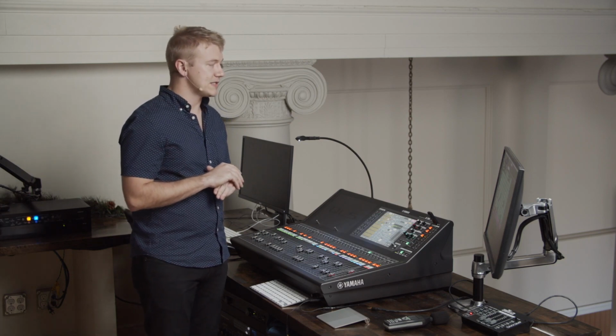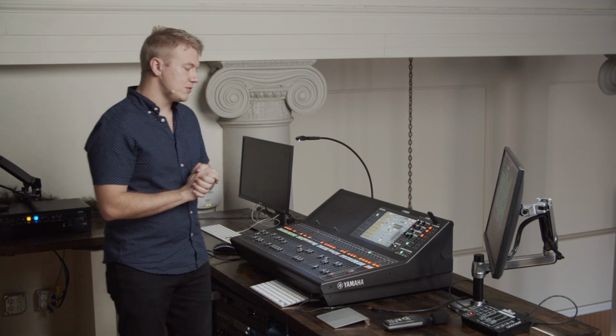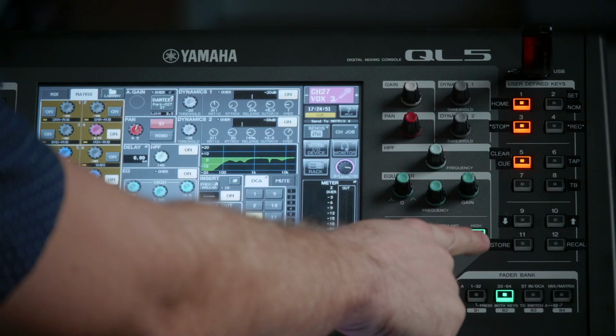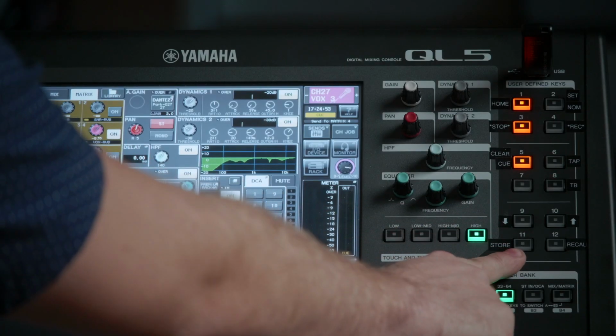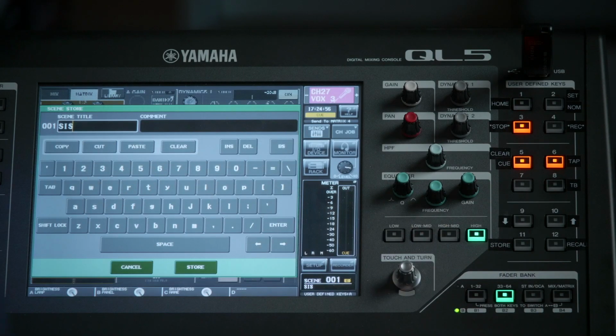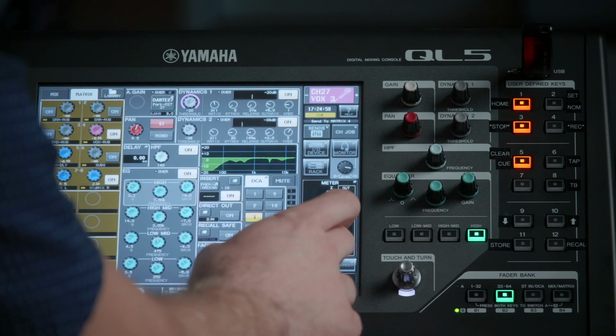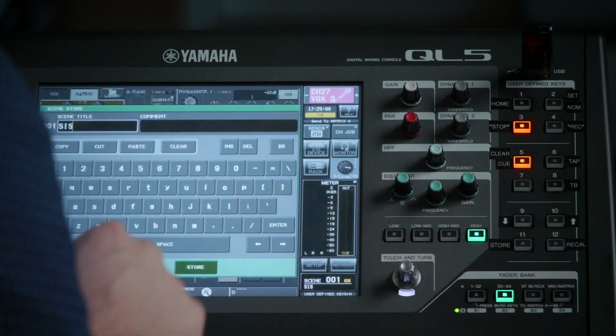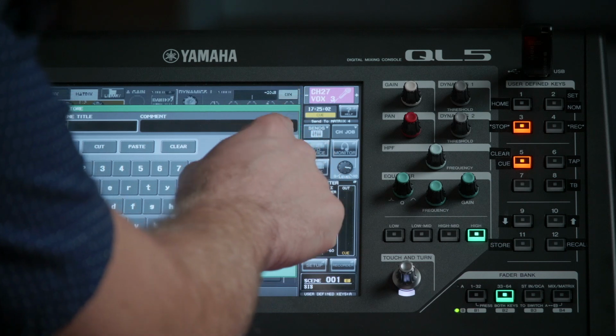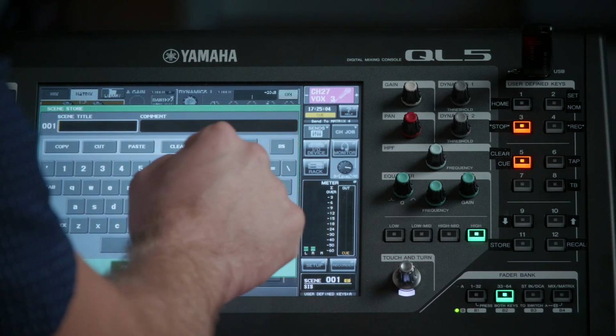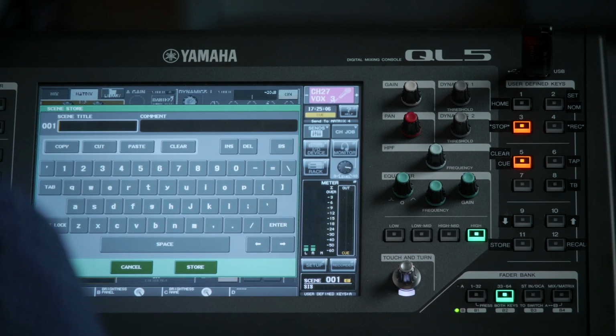Now, to save, say I've got this song where I want it. This is the mix I want for this song. The next thing I'm going to do is go to Store. On the right side of the board, you'll see a Store button here. And I'm going to call this, I'm going to delete that. This is backspace. I'm going to call that